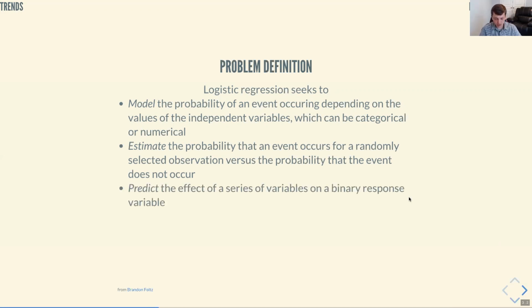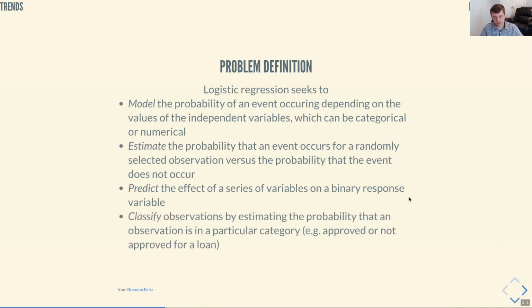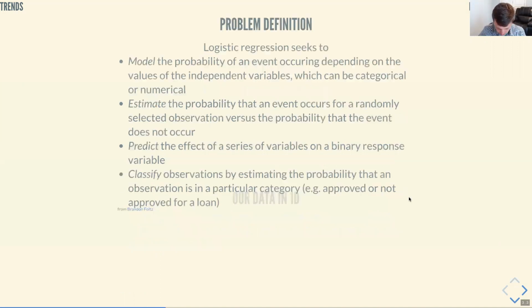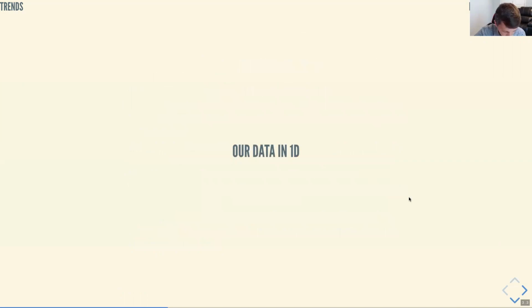Logistic regression seeks to predict the effect of a series of variables on a binary response variable. Logistic regression seeks to classify observations, but by estimating the probability that an observation is in a particular category. For example, approved or not approved for a loan application. So what really happens is,